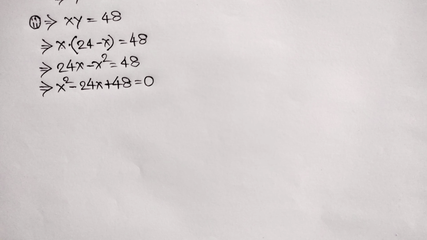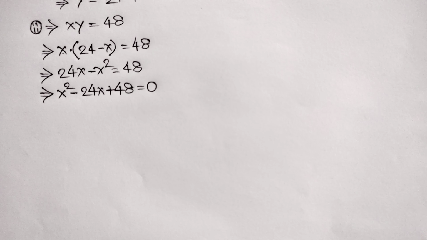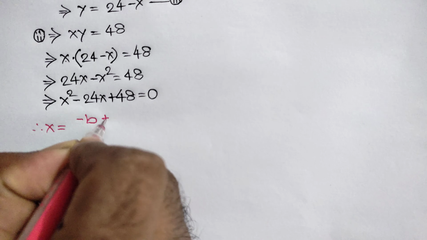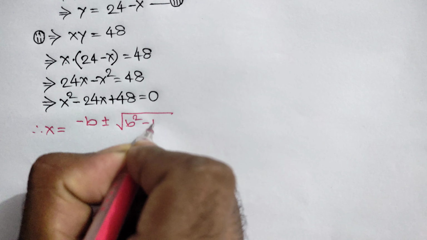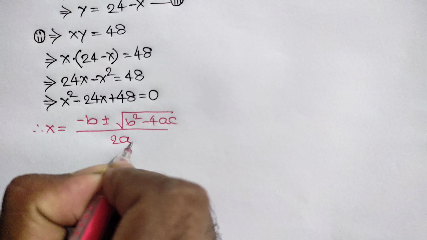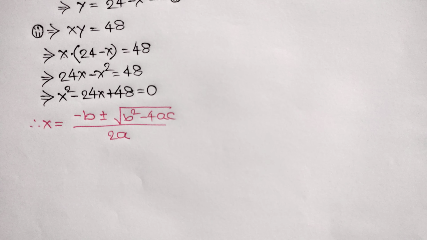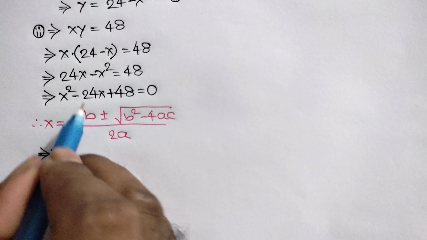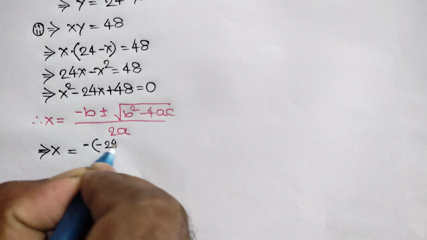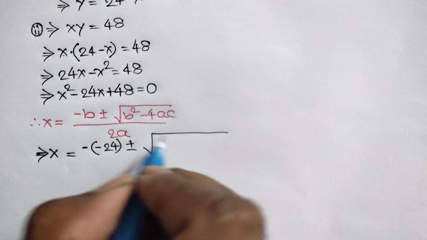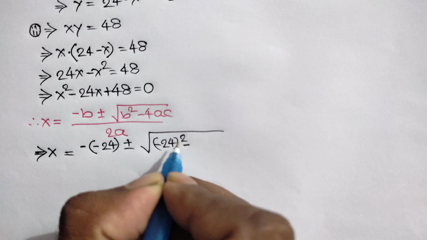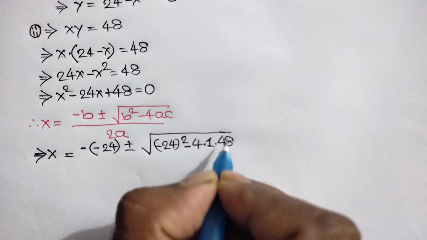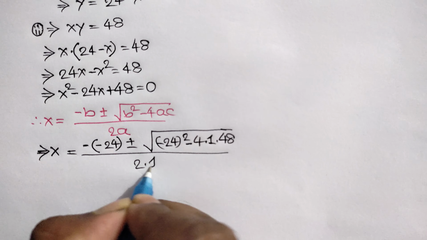Now here we can use the quadratic formula, so we can write x is equal to minus b plus or minus square root of b square minus 4ac over twice a, or x is equal to, here b is equal to negative 24, so we can write negative times negative 24 plus or minus square root of negative 24 whole square minus 4 times a is 1 times c is 48, all over 2 times a, that means 2 times 1,